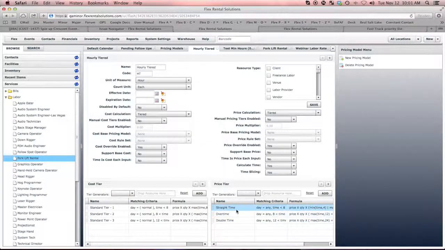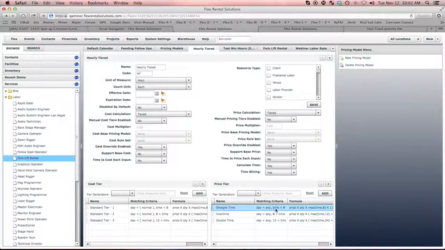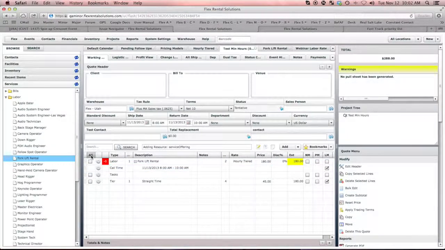On our pricing tier, you'll see that we've created three tiers. One for straight time, one for overtime, and one for double time. If we open up our straight time, you'll see that on our formula calculation, we can go in there and configure a minimum time quantity for this specific tier. So if we place this at 0 minimum time and we go to a quote that we've created,